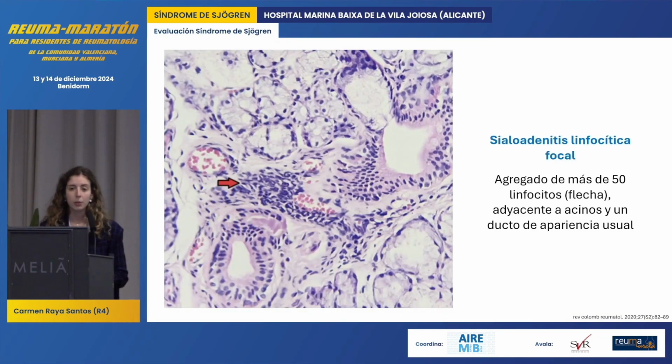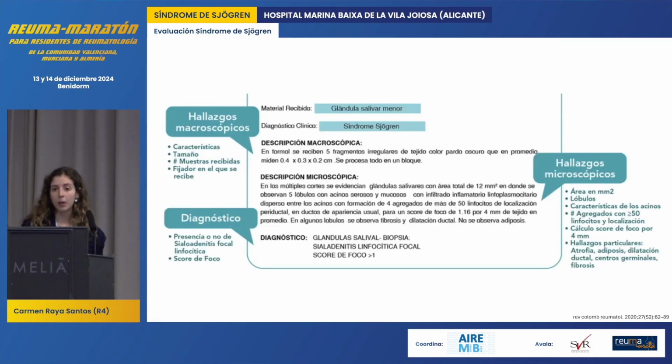And this is what is typically seen, focal lymphocytic sialadenitis, where you can see a cluster of more than 50 lymphocytes indicated by the little arrow. And this is typically what a biopsy report would look like. From the minor salivary gland, where the report describes the macroscopic findings, the microscopic findings, here they mention the lobules, the typical characteristics, the focus score, and the final diagnosis, which in this case was indeed the typical focal lymphocytic sialadenitis, and it had a focus score